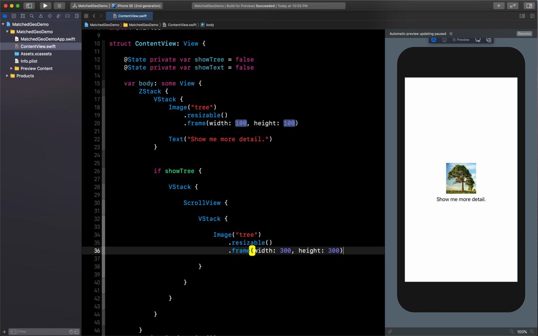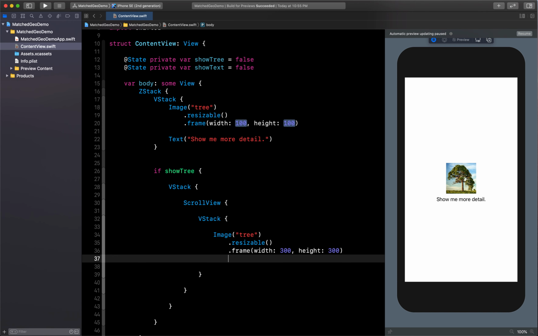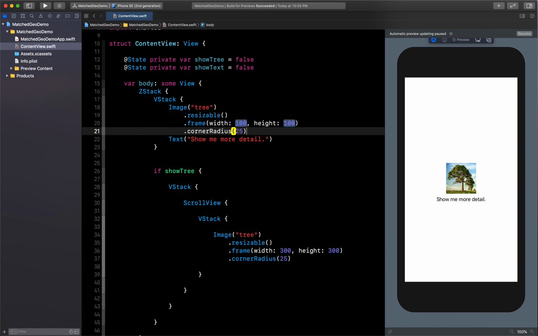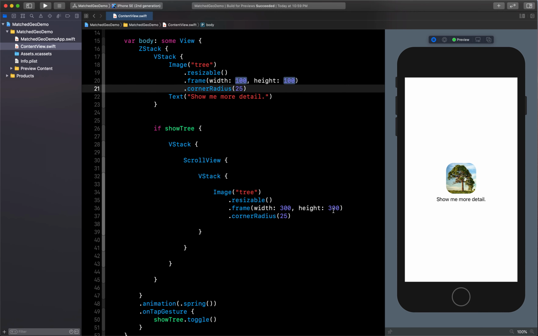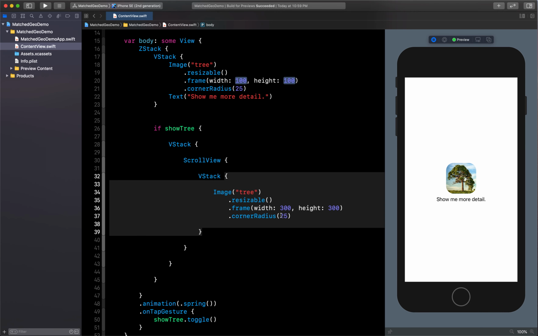Okay, now we have added it. Also I need to add corner radius. We'll use corner radius as 25, and I will add the same thing here also, so that it will have some corner radius. Okay, now it is looking fine. So we have added only the image inside the VStack.